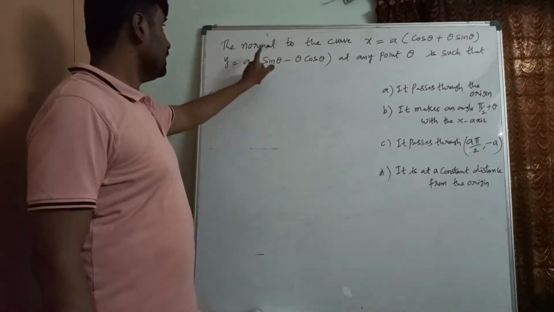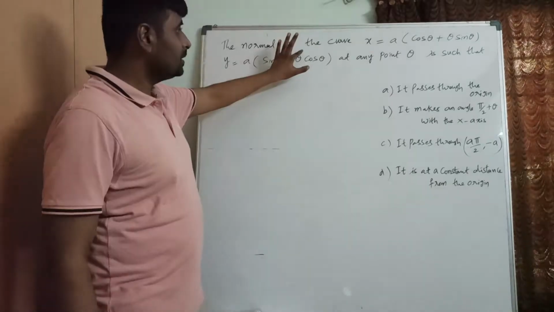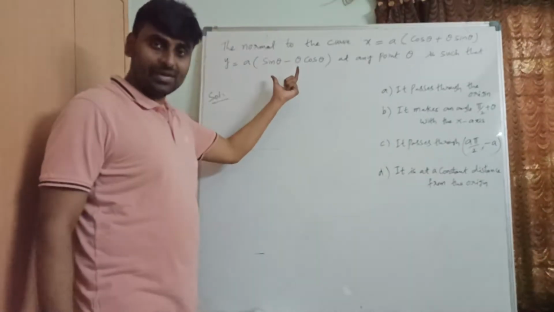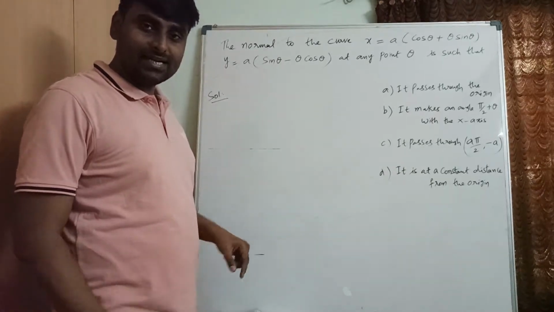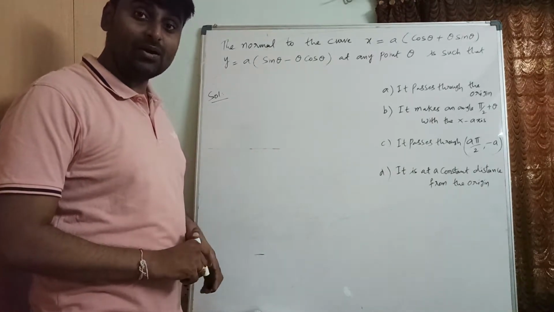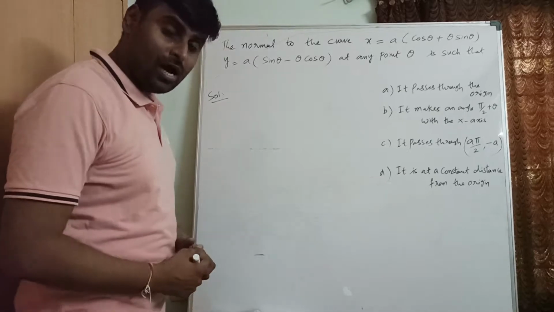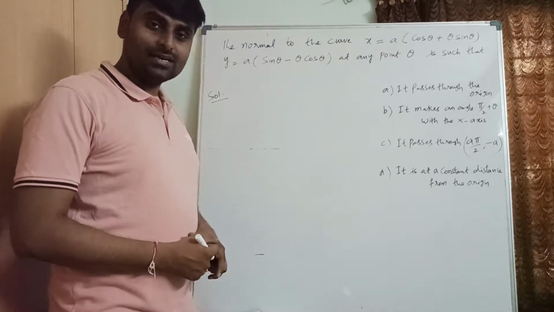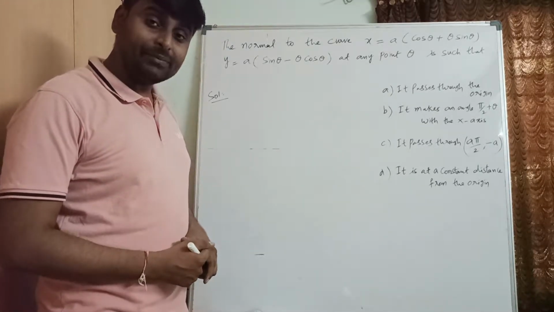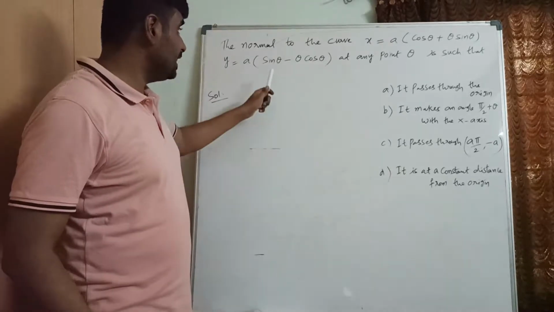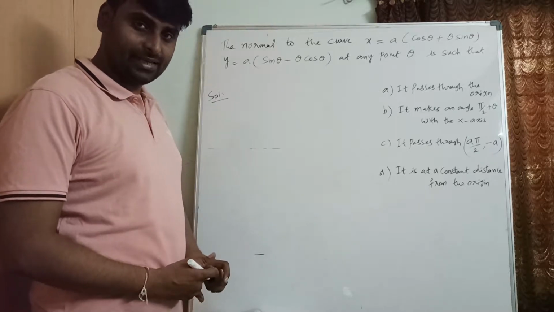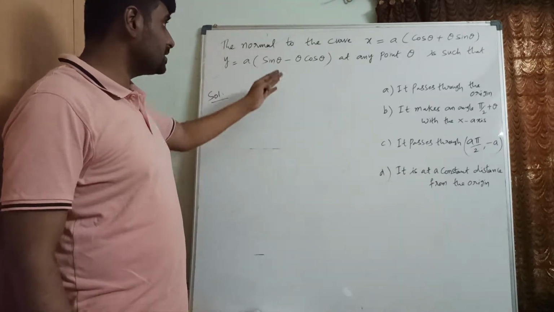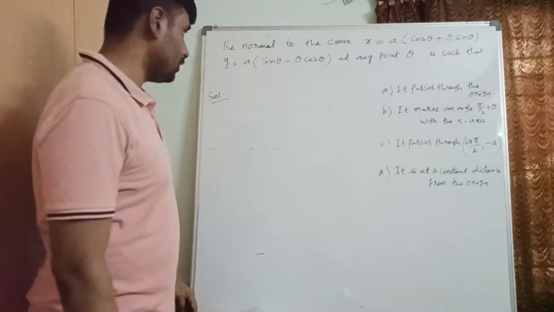Okay, right? So we are going to find the normal. So how would the normal be for this curve? So first from the outlook, what can I understand? This curve is given in parametric form, and we know how to find dy by dx when you are given a curve in parametric form. What is that? Dy by d theta by dx by d theta. That is dy by dx. Okay. So first of all, let us differentiate this in parametric form, right?